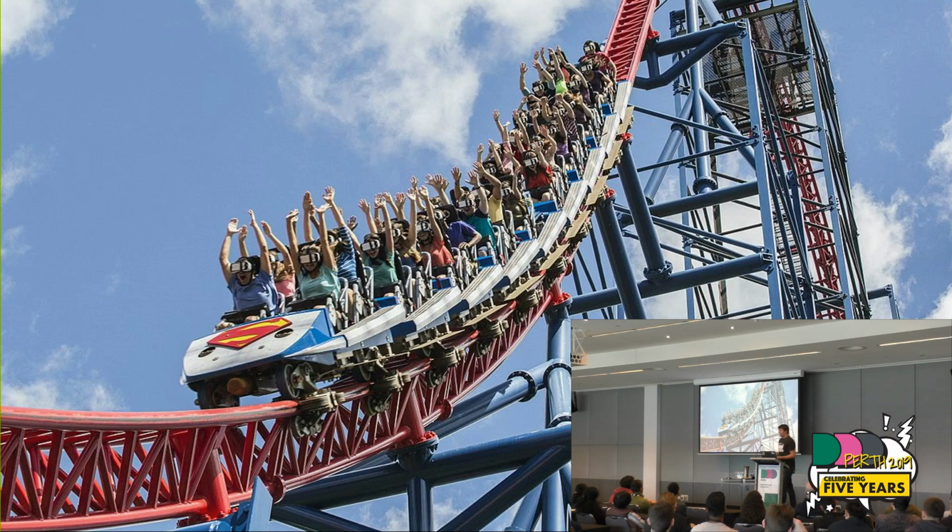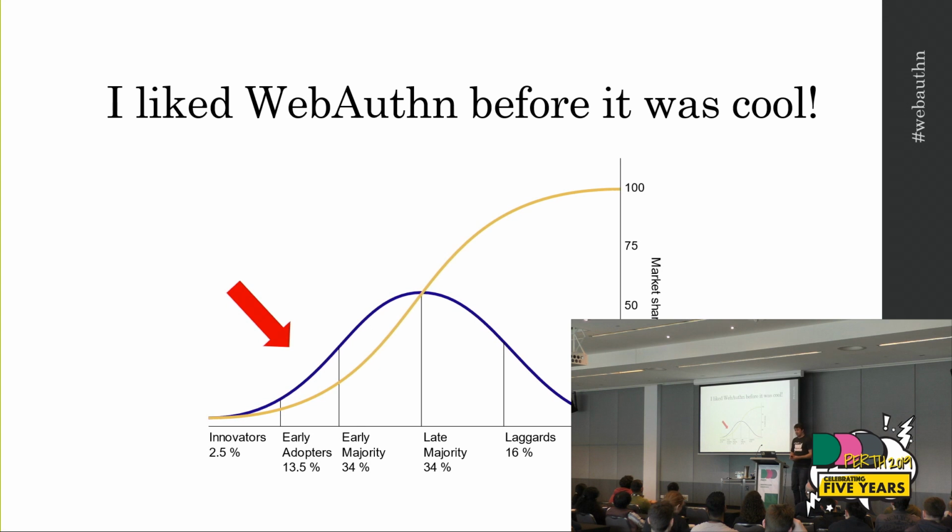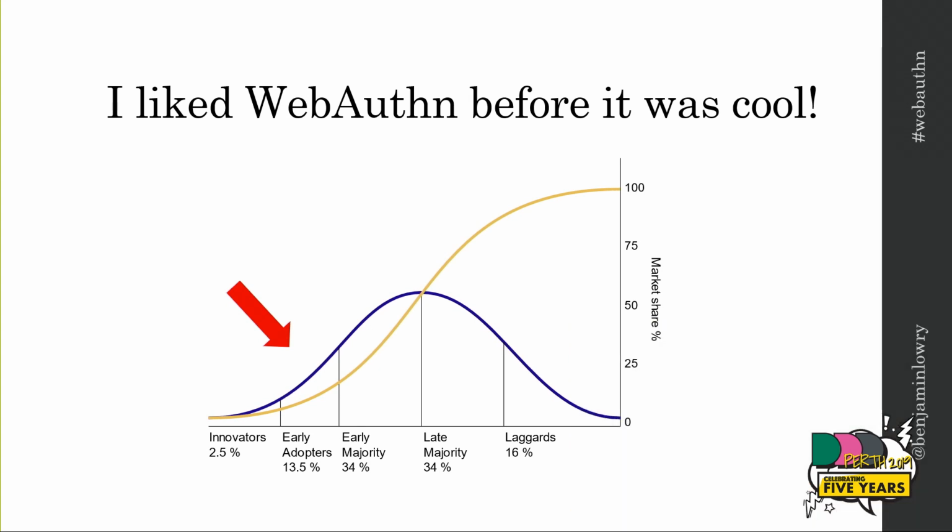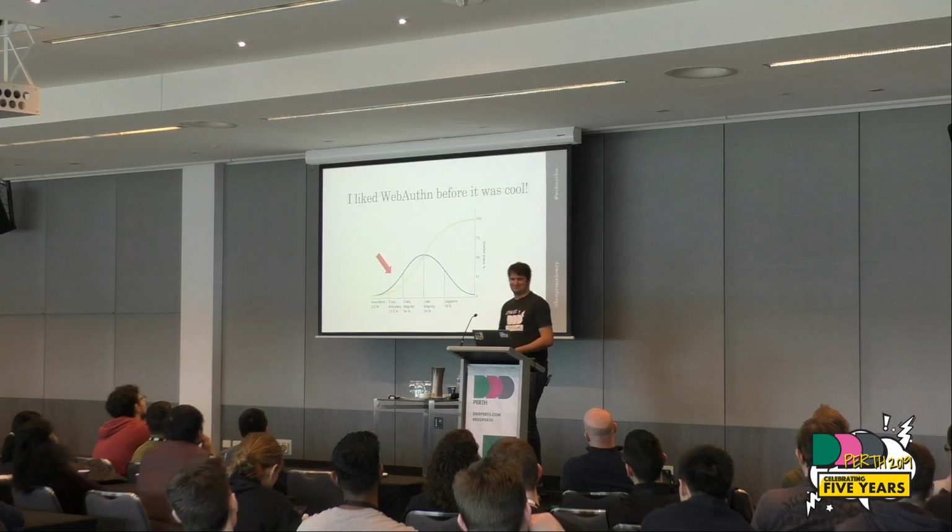But basically, by coming to today's talk, you can say that you liked WebAuthn before it was cool, which has its own little roller coaster. So this is a view of early adopters and innovators and early majority, that kind of thing, and showing how the actual percentage that something's used changes over time. Now, I would say we're right in this early adopters phase. Like I said, we're at 30%. You could kind of draw a line there, and that would validate that we're roughly at that point. So I like to be an early adopter, but hey, early majority is cool too.